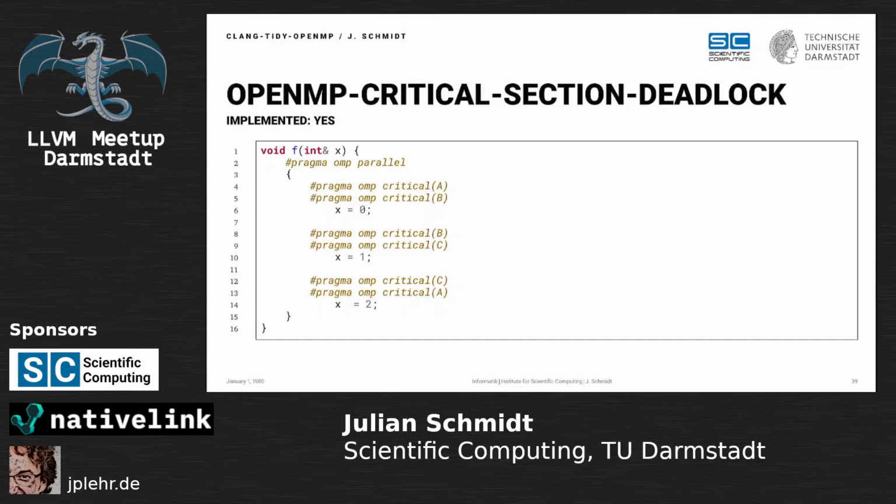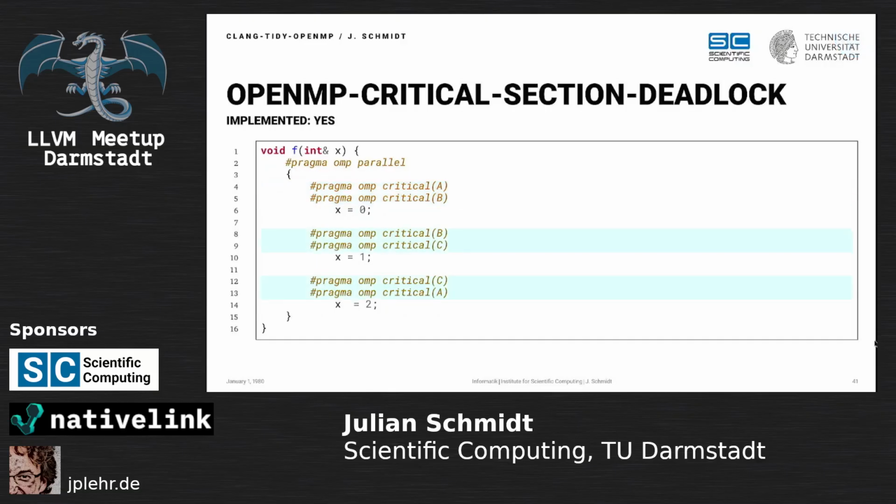That's because this is basically the dining philosopher problem, where the order in which we enter these critical sections is not very consistent, and we don't have a partial order where the ordering of entering these critical sections basically excludes any deadlock from happening. So here we have A, then B, but we have also B then enter C, and we have